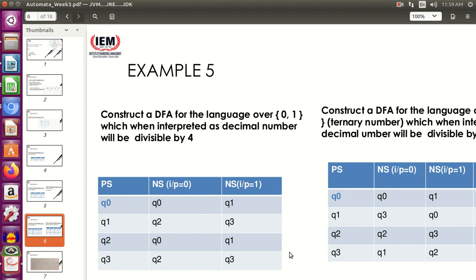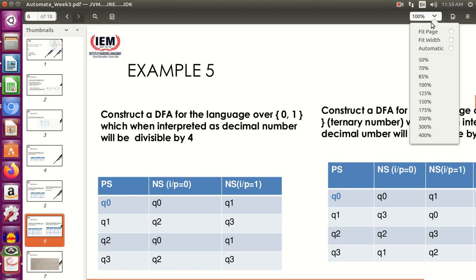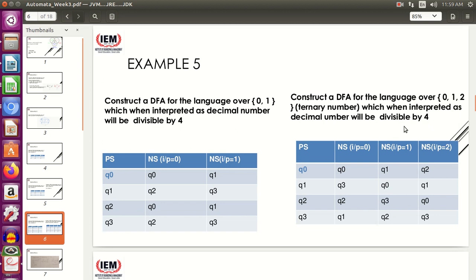and it is accepting all the decimal numbers which are divisible by 3. Achha. One more twist is here. The twist is, you might be asked, till now we were dealing with decimal numbers, binary numbers, 0 and 1. So what if the base is changed? I hope you are clear with your number systems, right?